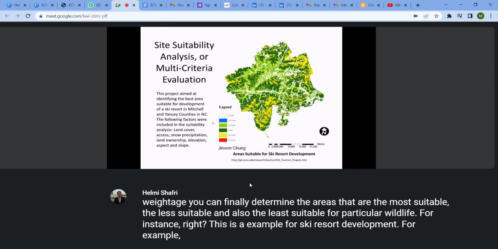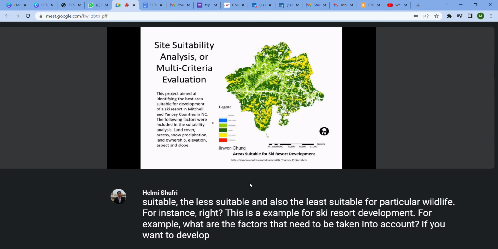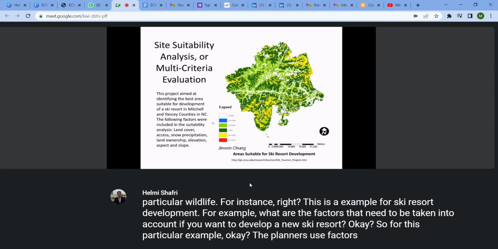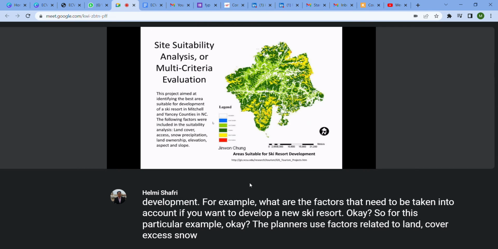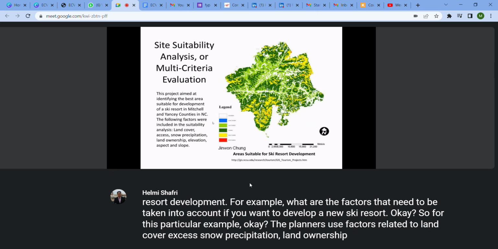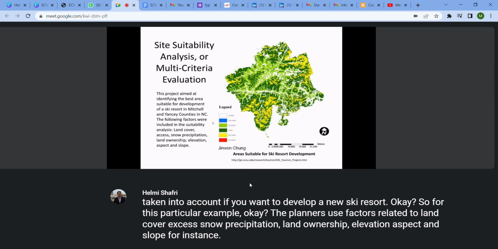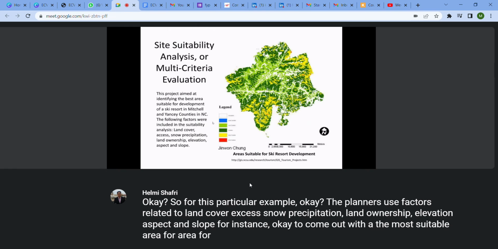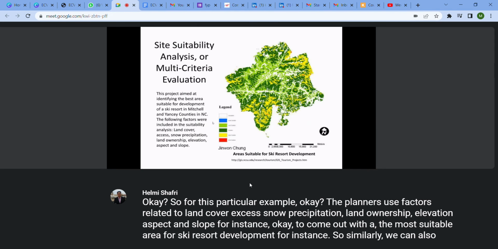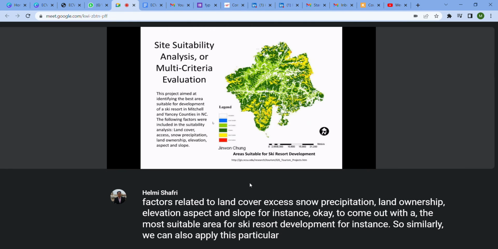For example, what are the factors that need to be taken into account if you want to develop a new ski resort? For this particular example, the planners use factors related to land cover, access, snow precipitation, land ownership, elevations, aspect and slope to come up with the most suitable area for ski resort development. So similarly, we can also apply this methodology for other types of